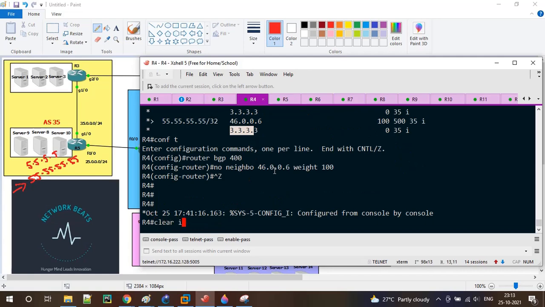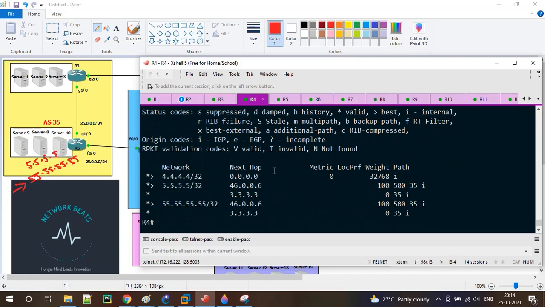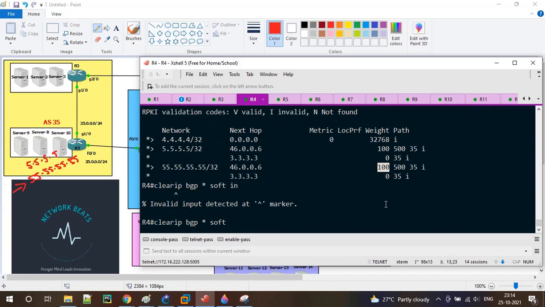Before clearing, let's verify whether it took effect. No, we have to clear the process, because I'm still seeing the 100. Clear ip bgp * soft in and out.